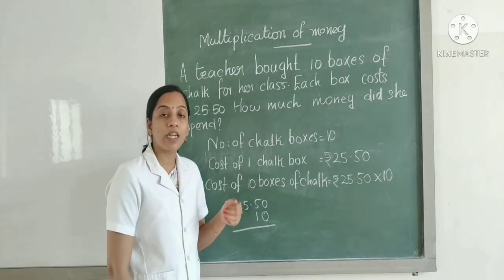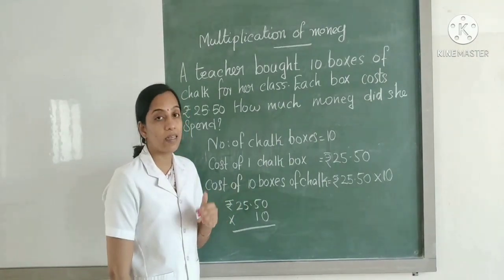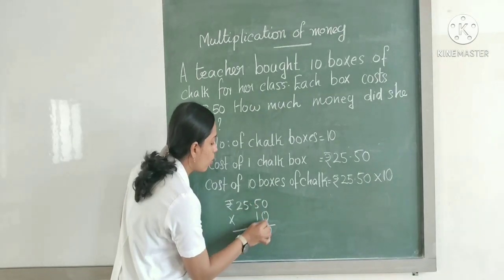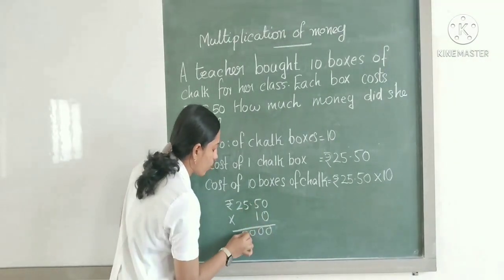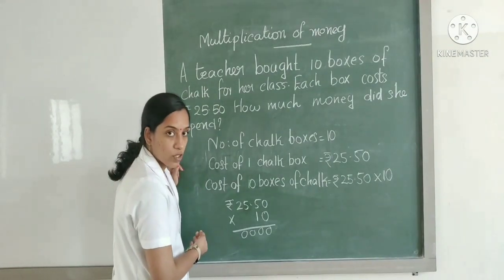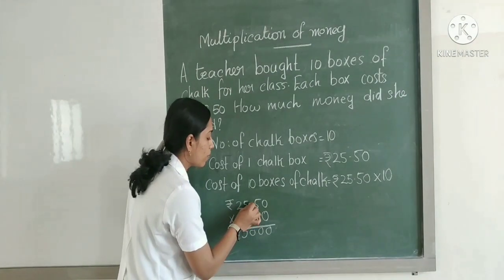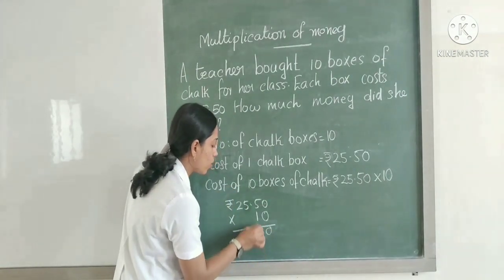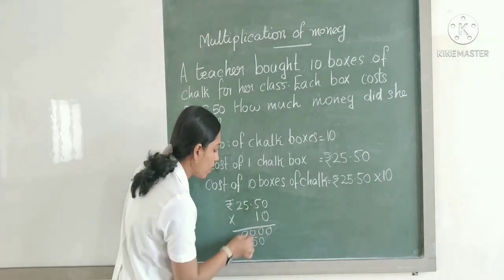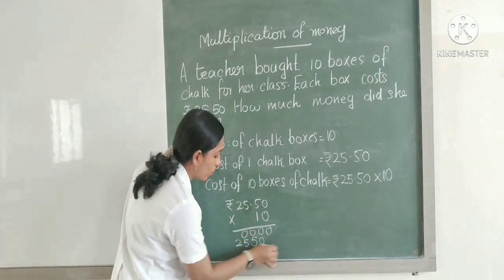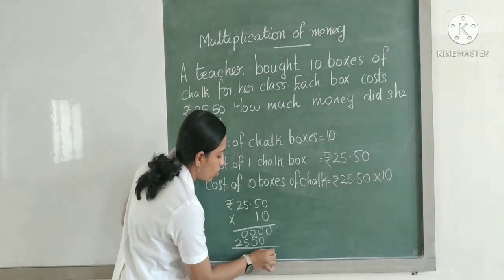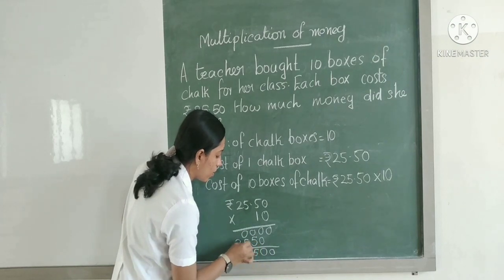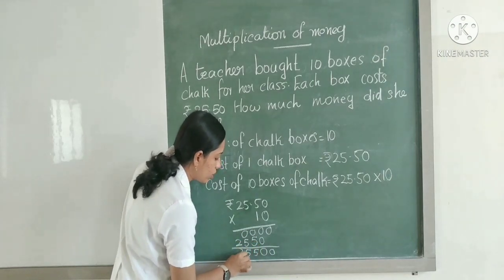We know when we multiply any number with 0, the answer is 0. So let us write here 0, then 75 0. 0, 0 into 0. Okay. Then let's go to the next step. That is, let us multiply 25 rupees and 50 paise with 1. That is 1 into 0, 0, 1 into 5, 5, 1 into 5, 5 and 1 into 2. Then add the numbers. 0, let us write here. Then 0 plus 0, 0, 0 plus 5, 5, 0 plus 5, 5, then we will write 2.